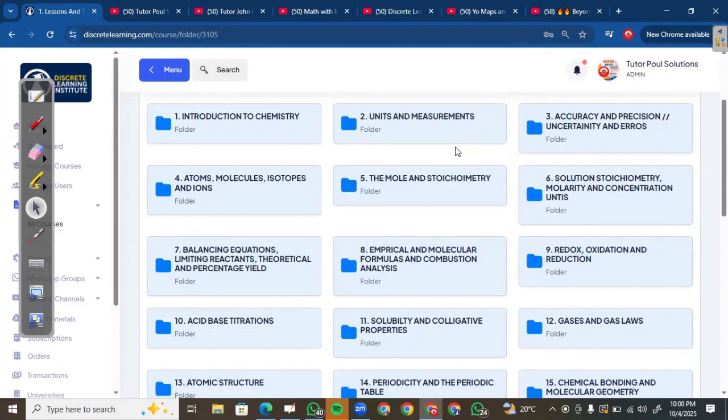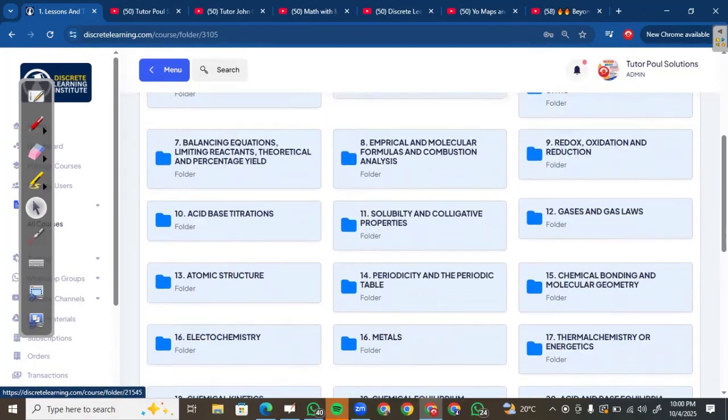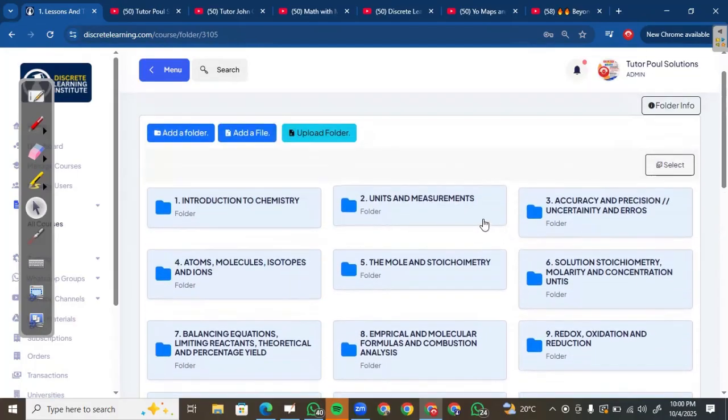Because as you are in class, maybe the lecture is too fast and you're not understanding. Here, we are giving you an option, so that you learn at your own pace. So you can see all these topics: atoms, molecules, isotopes. If you want to learn about that, we have videos explaining that, and simplified notes as well. Redox, oxidation, reduction. You can just come to this folder and watch. Okay, so let's try to open one of these folders.